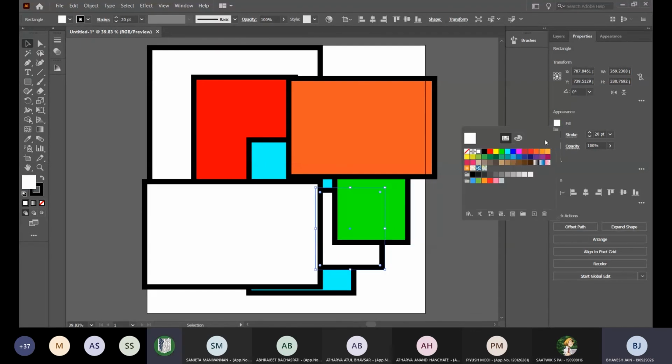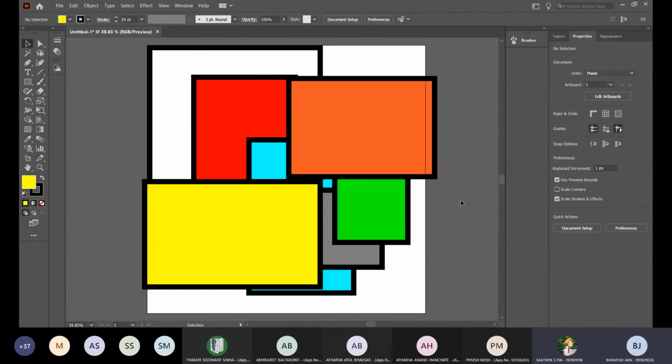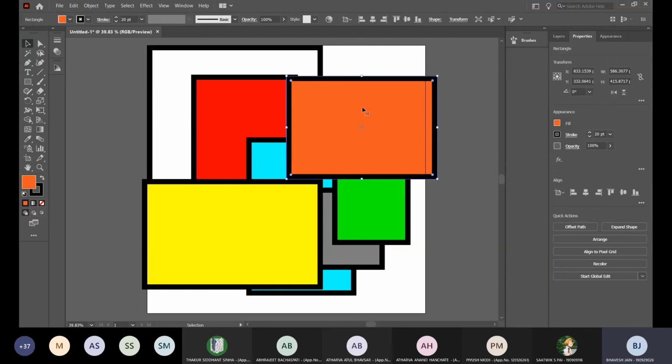Next, gray. I'll put a middle gray from somewhere. And this I put yellow. Okay, yellow it is. So now you guys can see the multiple rectangles lined in here. And what if I just want to